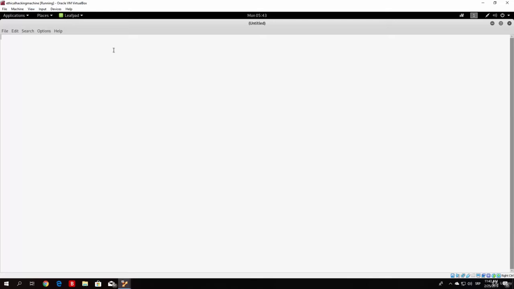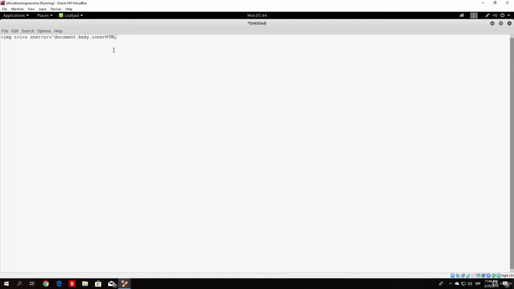So let us do that. We want to type image source. First open up the angle bracket, then type img src equals x onerror equals, then the double quotes, document.body.innerHTML, I believe it is innerHTML,